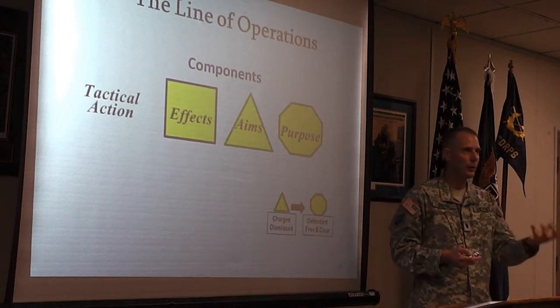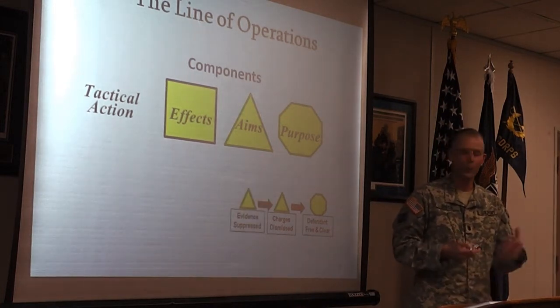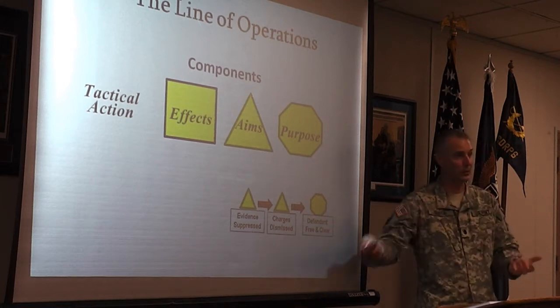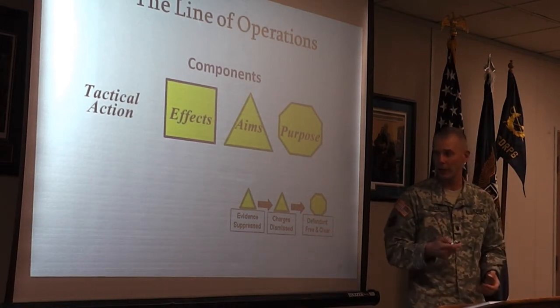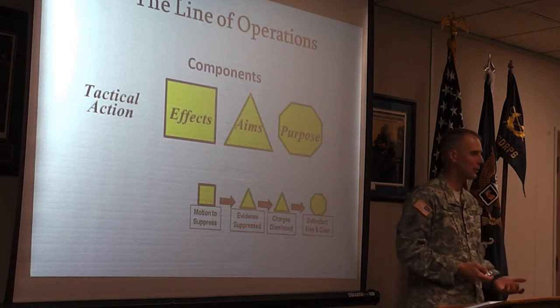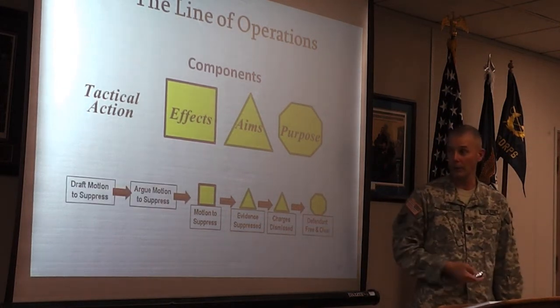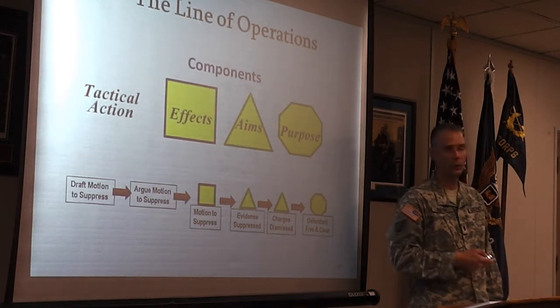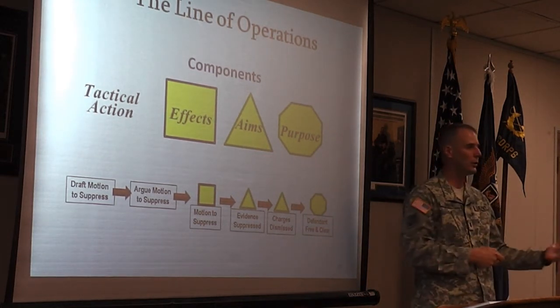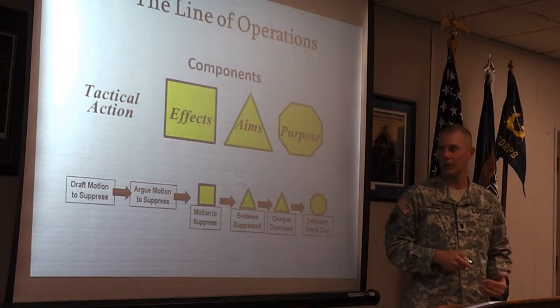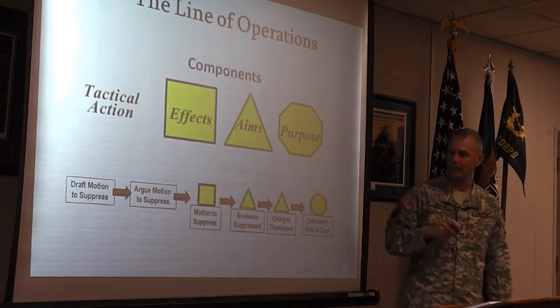What variables need to change for that to happen? Well, if I get the evidence suppressed, that's going to pretty much likely result in the charges getting dismissed. How do I do that? I make a motion to suppress. Making a motion to suppress relies on your tactical knowledge of how do I research and draft a motion, and how do I argue a motion. Don't recommend sticking those in the line of operations, because as you'll see, these things get kind of complex. Keep it as tight as possible.